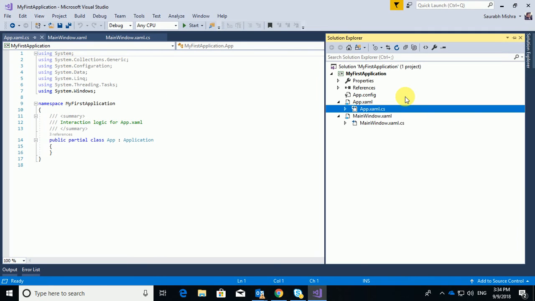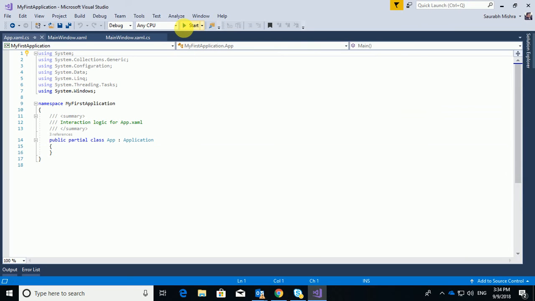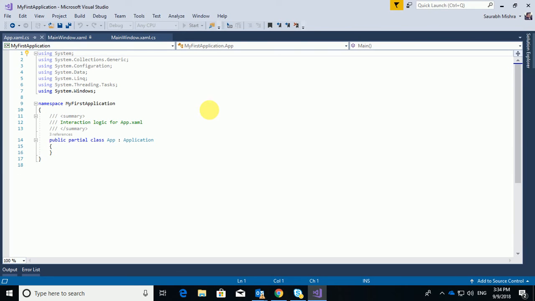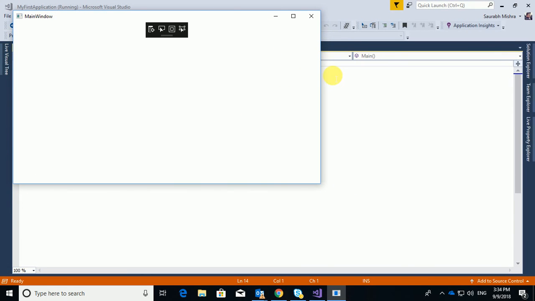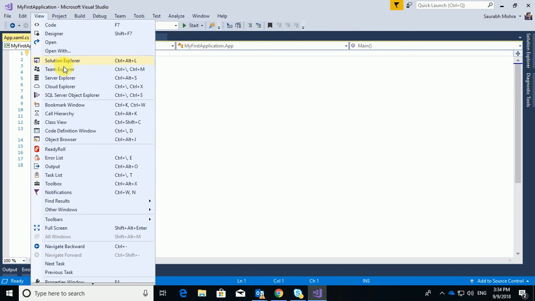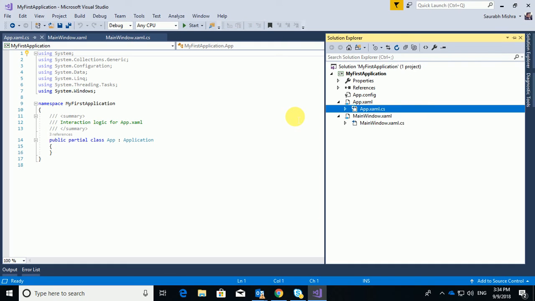Now, we haven't written any logic here. So let us see what will happen if we click on the Start button. As of now you can see an empty window. Your application is just one screen with an empty white window. So let us try to understand how we can develop a very small application for your understanding, where you can write your C# programs.